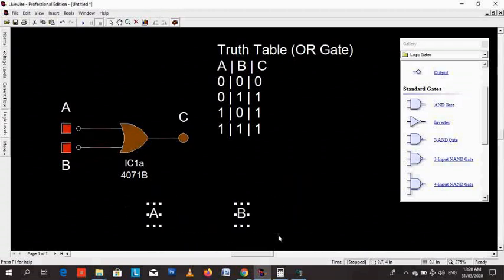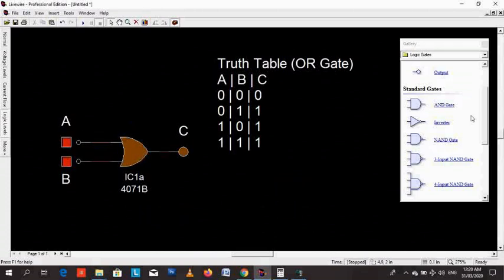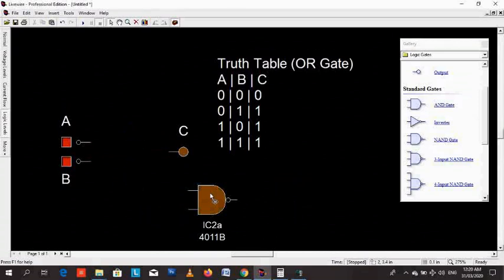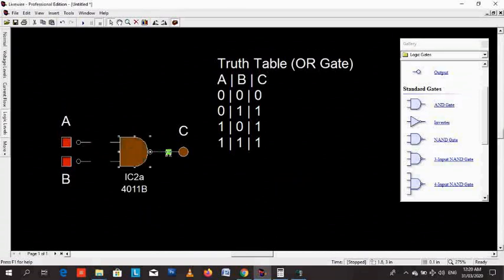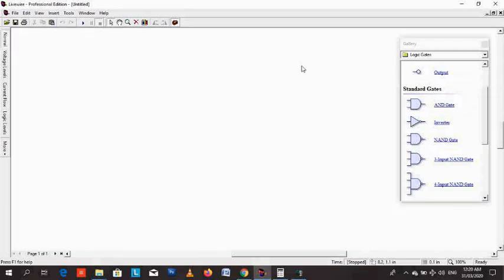So let's go back to our OR gate. So we've gone through the inverter. Let's check the NAND gate. Now if you look at that NAND gate, it's actually an AND gate with a small bubble in front. That bubble is a NOT. That bubble is an inverter. That small bubble in front of the AND gate is an inverter. So it inverts what's supposed to be the normal output of